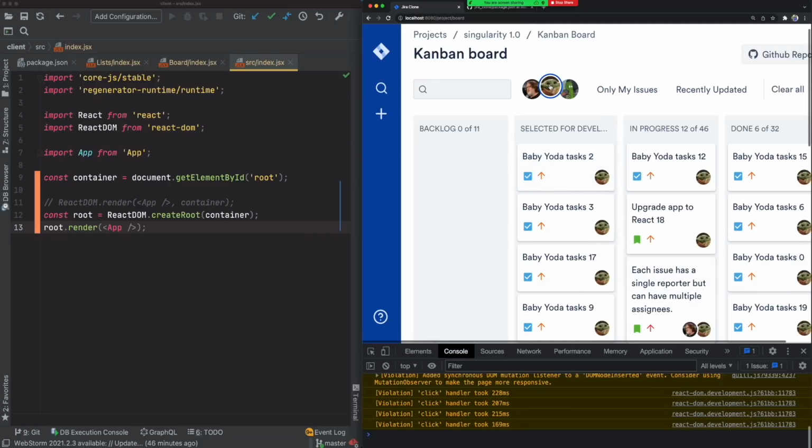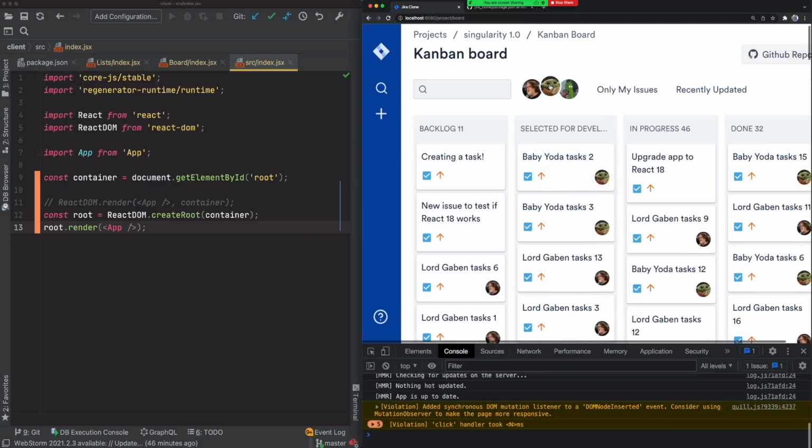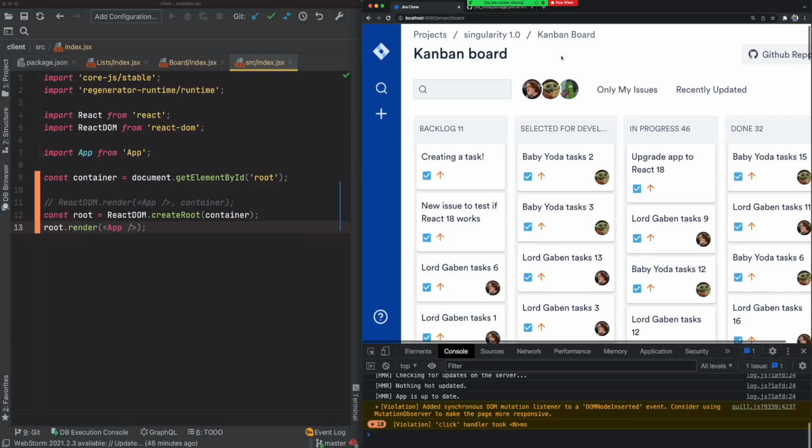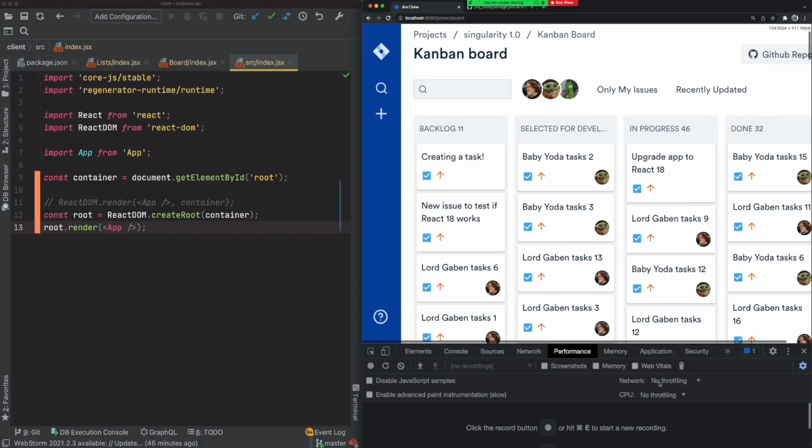Another thing I want you to see here is that if I click on an avatar over and over again, there's a kind of visual feedback of clicking an avatar. You'll see that there's a blue border that shows up whenever I've clicked an avatar. And if I click on it again and again, the app re-renders. I think this works well on a fast computer. But what happens if I have a slower computer? I'm going to enable throttling on this computer. And let's see what happens.